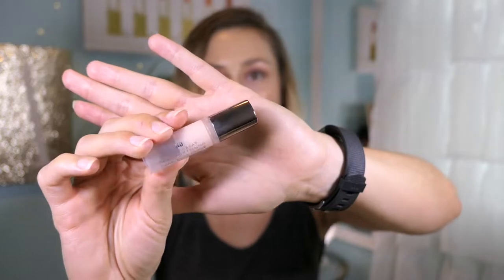Alright, the other item is the Urban Decay Elliptical Illusion Primer. You can see I used not very much of it, but it isn't really the product I dislike. It's just this type of product. It doesn't work for me. This is a primer that is thicker. You kind of press it into your pores, and for me personally, I have dry skin, so I like those